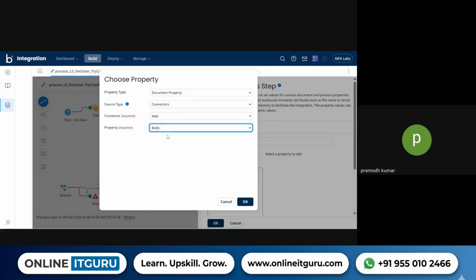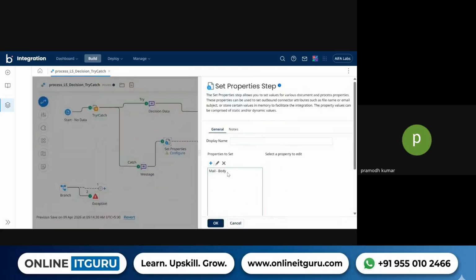If you see, now can you see mail and body? Yes. Can you see mail and from address? Mail and to address? Mail and subject? Mail and file name? So this way, whatever are the operations that are set there, even if you fill the values, if you have a set properties option,